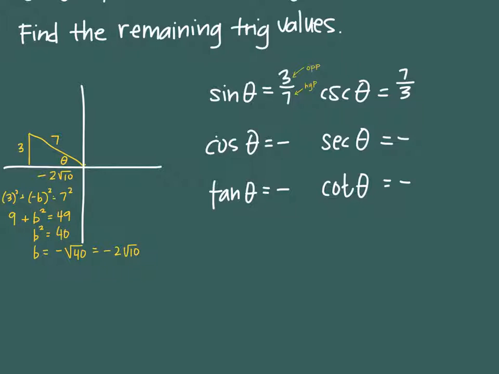So now my cosine value will be adjacent over hypotenuse. So it'll be negative 2 rad 10 over the number 7. So the secant is the flip of that, which will be negative 7 over 2 rad 10. And then tangent is TOA. So it will be negative 3 over 2 rad 10, and cotangent negative 2 rad 10 over 3. And again, the negative just hovers out in front of the fraction rather than being associated with necessarily the numerator or